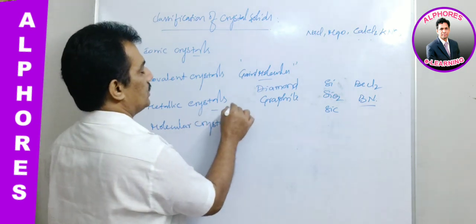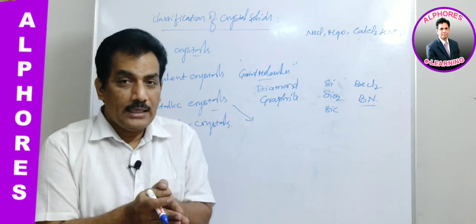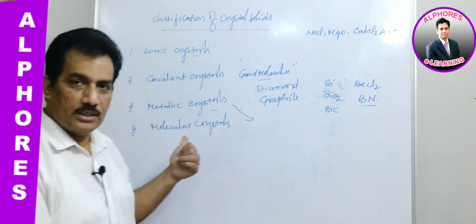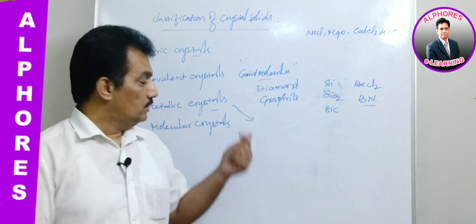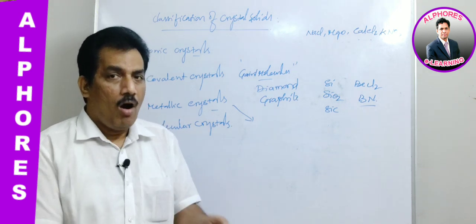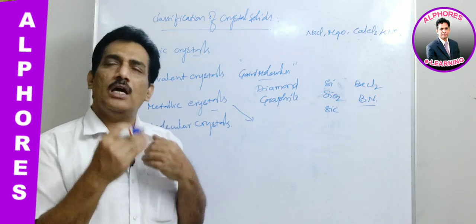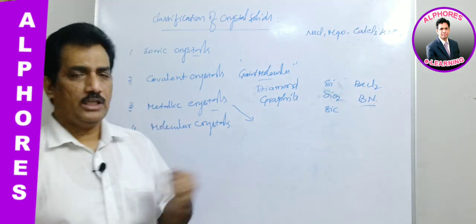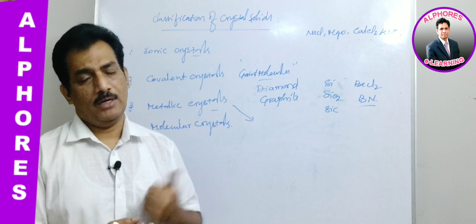And then metallic crystals. The name itself indicates that the force between the atoms is nothing but metallic bond. The bonding force between the atoms in these metallic crystals is nothing but metallic bond. Metallic bond is neither covalent nor ionic, but a special kind of bond that binds all the metal ions with strong force. We explain that force with different theories. For example, electron pool theory, MOT, VBT. All these theories try to explain the nature of the metallic bond.